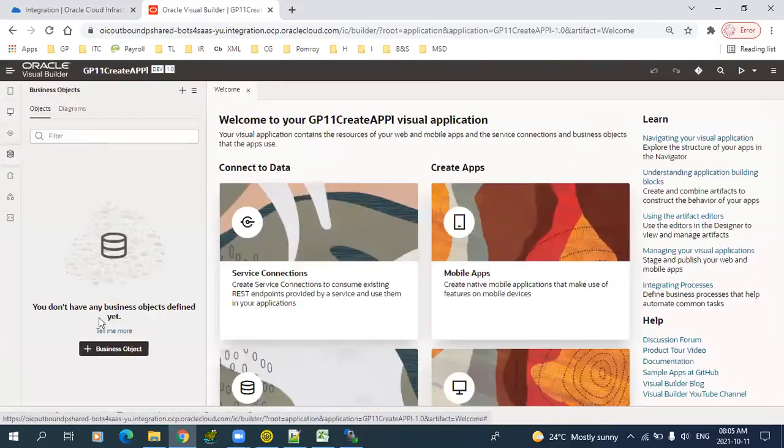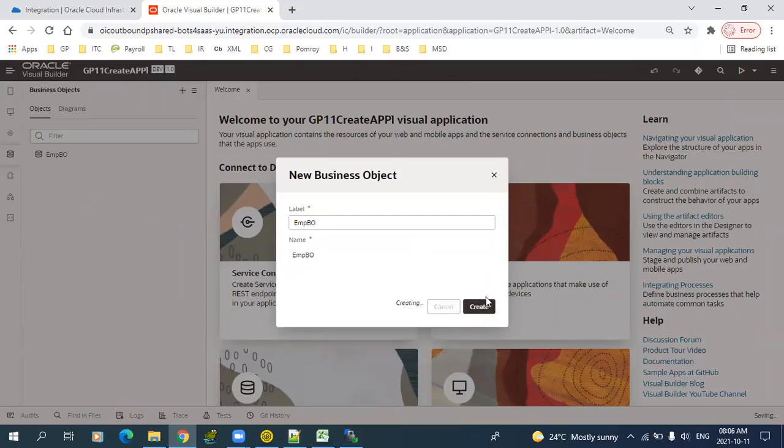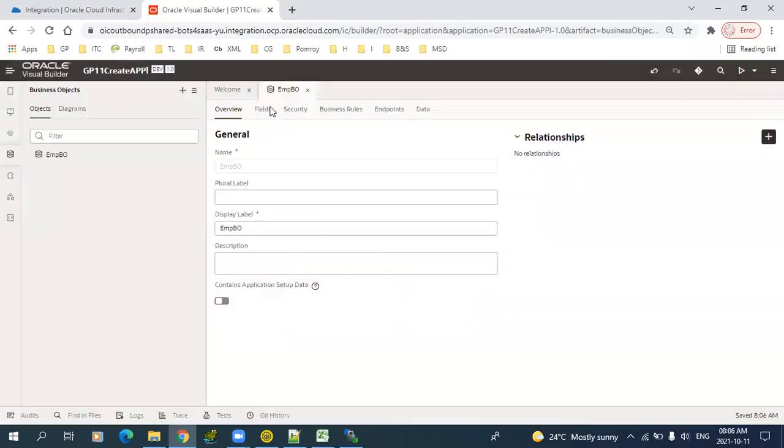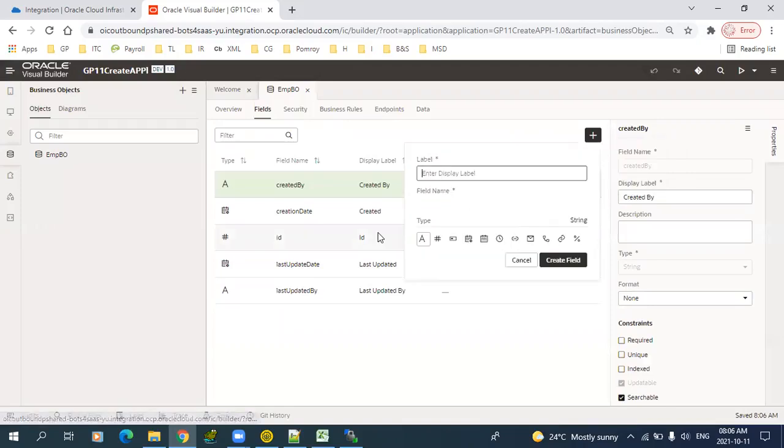Before that, we'll try to create a table here in order to hold the data. Employee business object. Just click on the create. So here, you can define the fields. Create field,